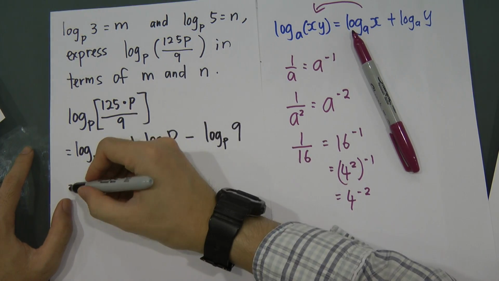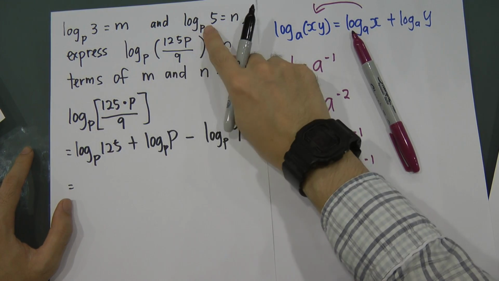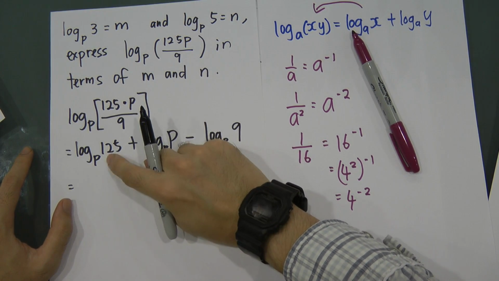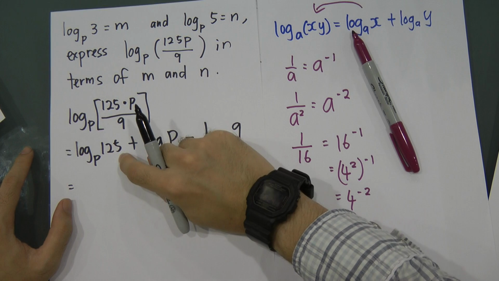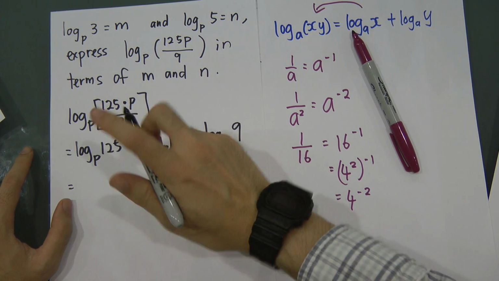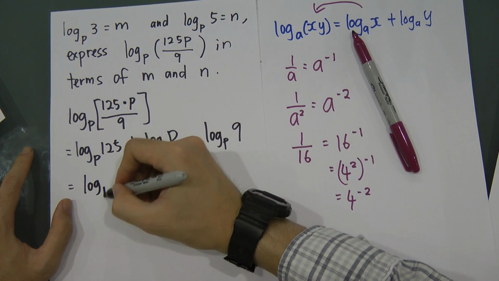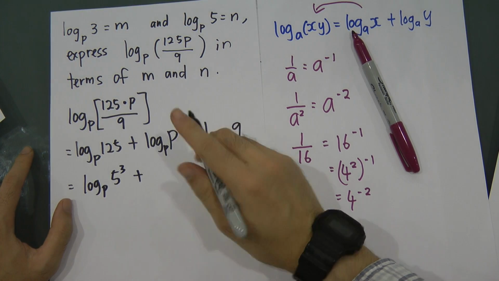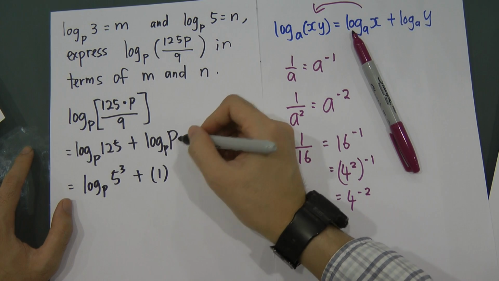Alright, and then we know we have to get something like log_5. This is log 125. What is the relationship between 125 and 5? 125 is 5 to the power of 3. Okay, so I change this one to 5 to the power of 3. And then log 5 of 5, obviously we know this one equals 1 because the base and the number are the same,